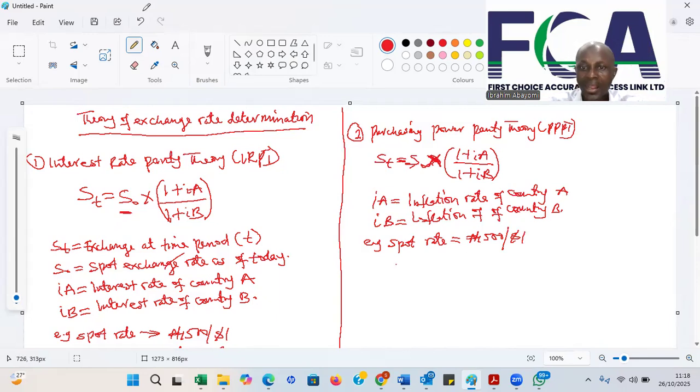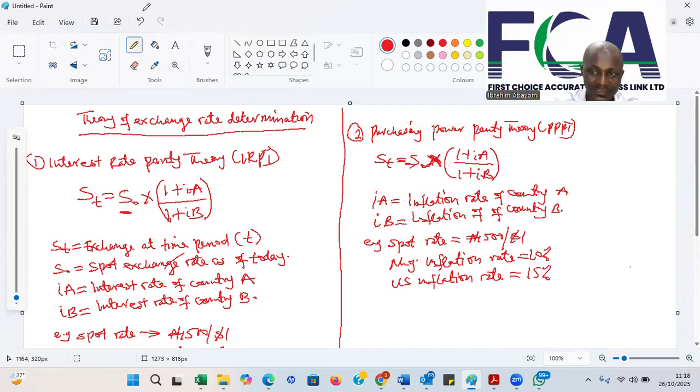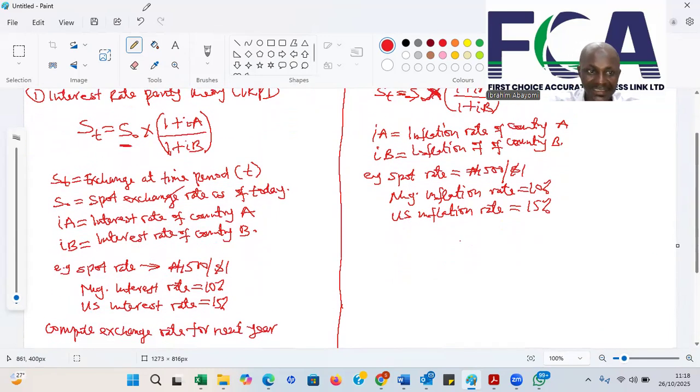And the Nigeria inflation rate, let's assume, is 10% per annum, and the US inflation rate is 15% for simplicity. So if I want to predict my exchange rates, I will have